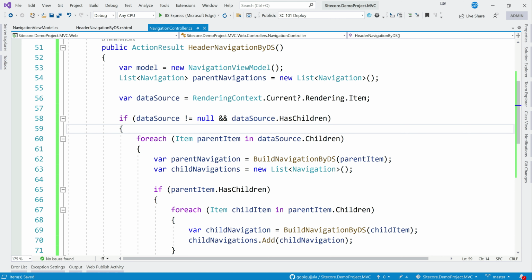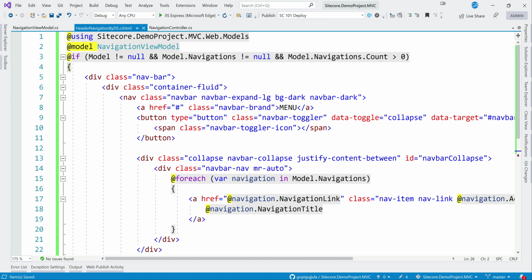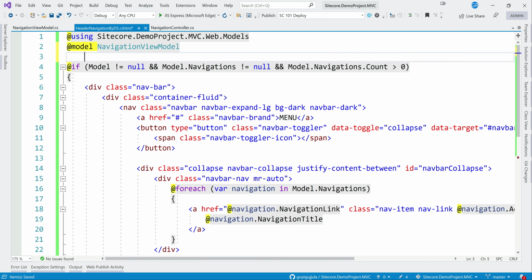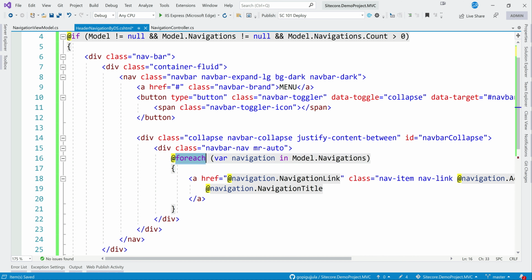Now we need to go and bind this in the view. Till here we have already created the navigation model. This and all is done because we are using the same navigation model, but in this loop we are making some changes.